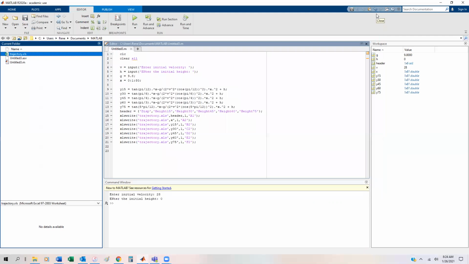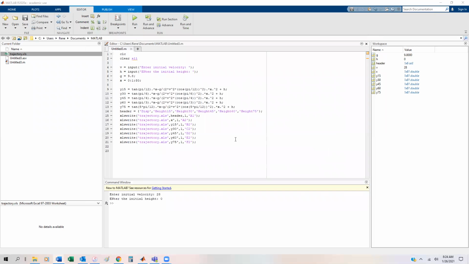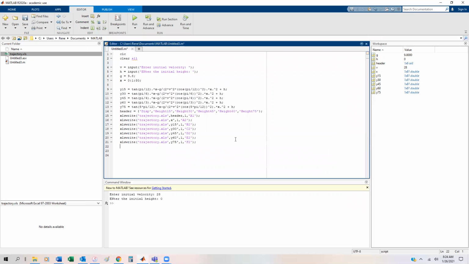All right, so that is part 3. Part 4 is to approximate the maximum height, and part 5 is to approximate the average height. And this is to be written in sheet 2. All right, so this isn't too difficult. So what I want to do in sheet 2 is I'm going to make a second header. So let's call this header 2. And header 2 is going to be equal to,